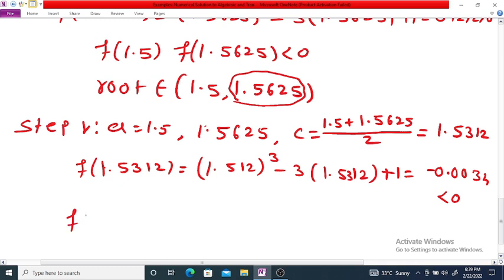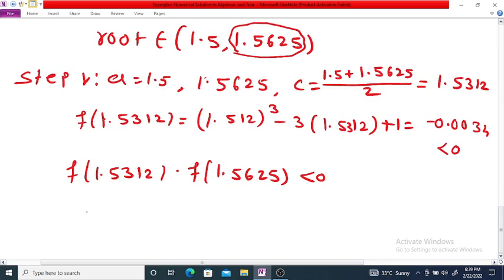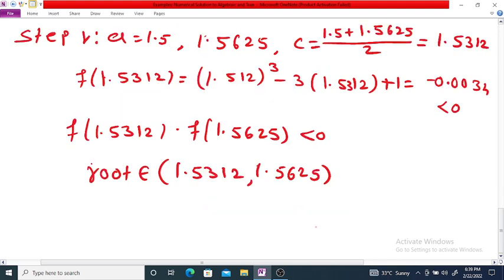Now since f of 1.5312 into f of 1.5625 is less than 0, for the next root, our root containing interval is 1.5312 to 1.5625, and therefore now in the next step, number 6, a is equal to 1.5312